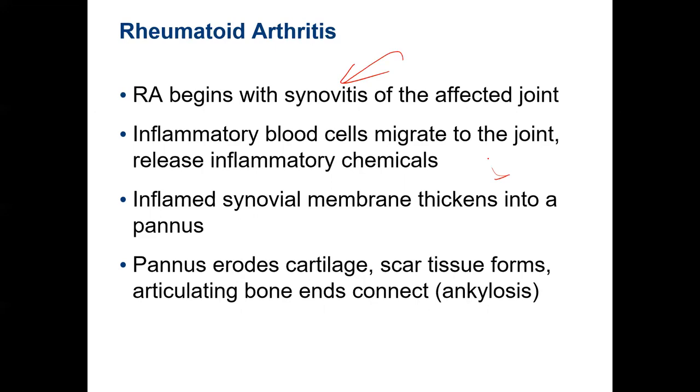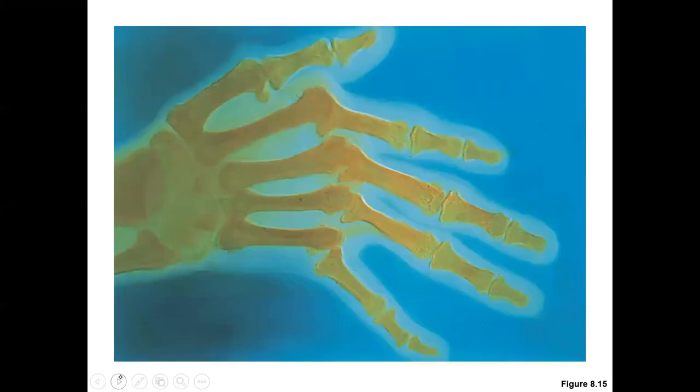And when you do move, that pannus, the inflamed synovial membrane, begins to wear away the articular cartilage. You do that fast enough, the cartilage gets replaced with scar tissue, and eventually the bones will ankylose. Here's an x-ray of rheumatoid arthritis. We see bone spurs there, but there should be